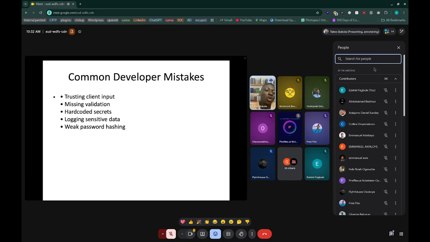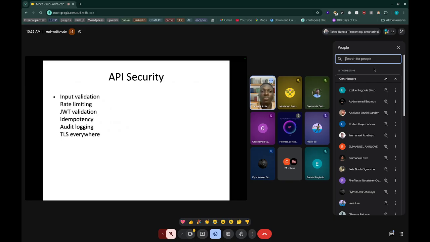So you have to ensure that all the hashing mechanisms you are using are top notch. Moving to API security.